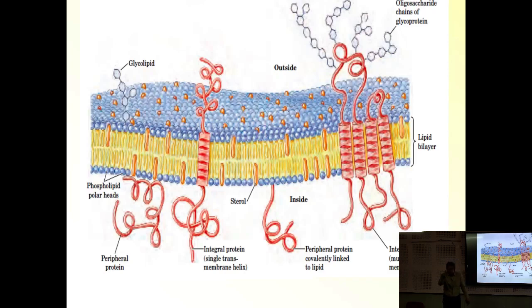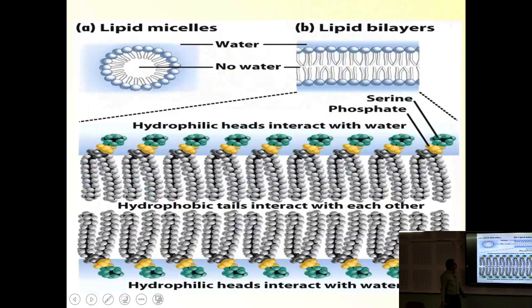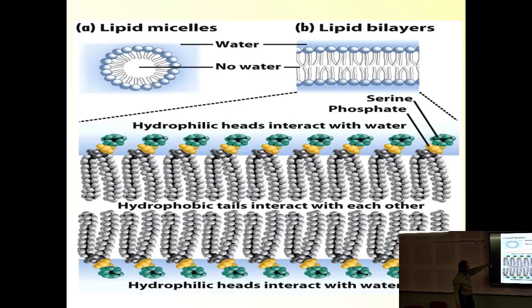So, why is the cell membrane composed of this component, the lipid bilayer? I will teach you later on in the cell membrane. Now, where it is found and what is the composition or chemical found in that. So, lipid micelles are structured like this, with water molecules and no water molecules in between. The lipid bilayer is composed of these, and hydrophilic heads at the upper positions interact with the water.